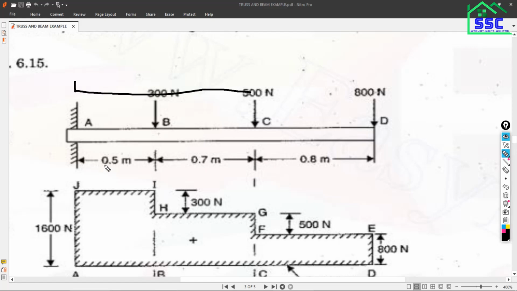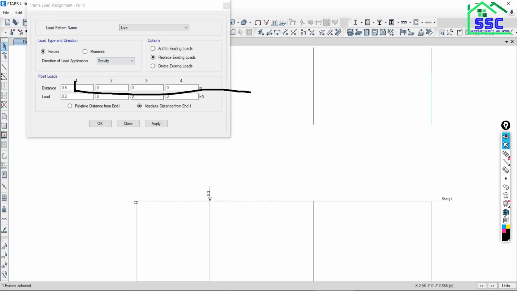Got it? So 0.5 plus 0.7, how much is it? 1.2, very good. Go back and put the distance as 1.2. And how much load do we have to assign? 0.5.